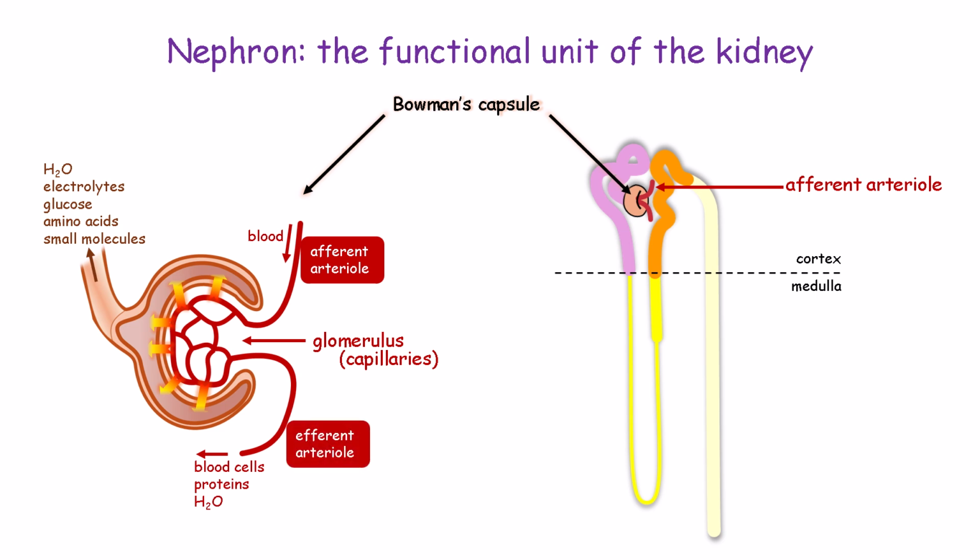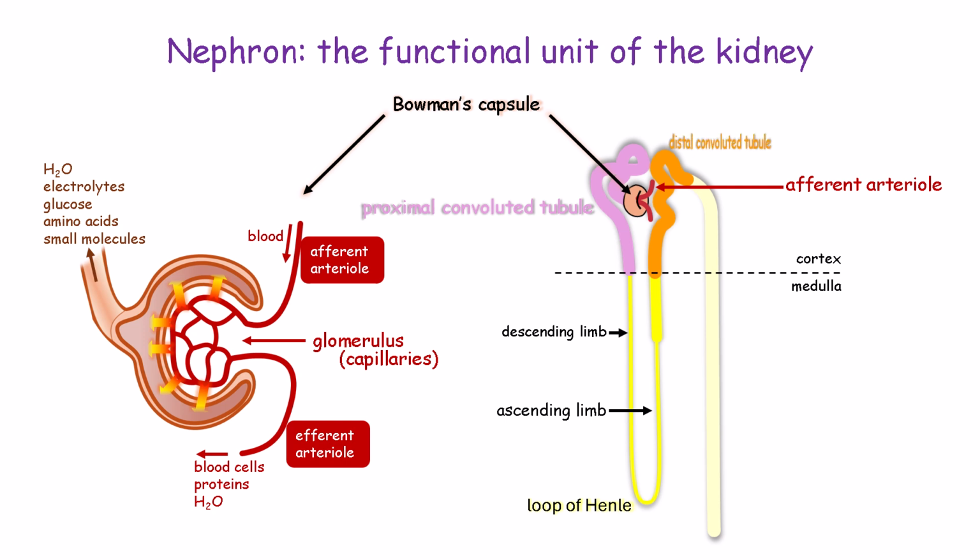The filtrate then begins its journey through the nephron. It flows first into the proximal convoluted tubule in the renal cortex, then into the loop of Henle in the medulla. It flows down the descending limb and ascends back toward the cortex via the ascending limb of the loop, before entering the distal convoluted tubule, and finally the collecting duct, which leads to the bladder. As the filtrate moves along this path, selective reabsorption and secretion of water and solutes occur, transforming the raw filtrate